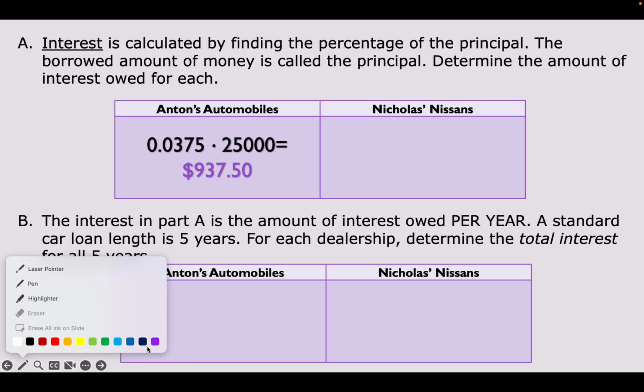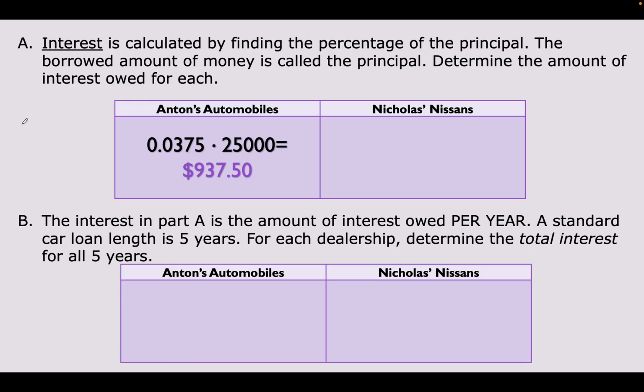However, if you prefer the proportion method, that would be X over 25,000 equals 3.75 over 100. Both of these will give you that